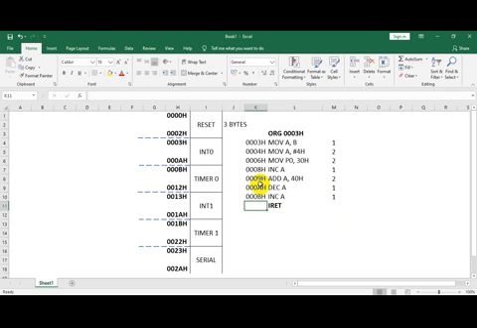Now 000BH is the address area of the timer 0 ISR. So if you are writing code of more than 8 bytes in an ISR, it will corrupt the next ISR. Every ISR has been given an area of 8 bytes.